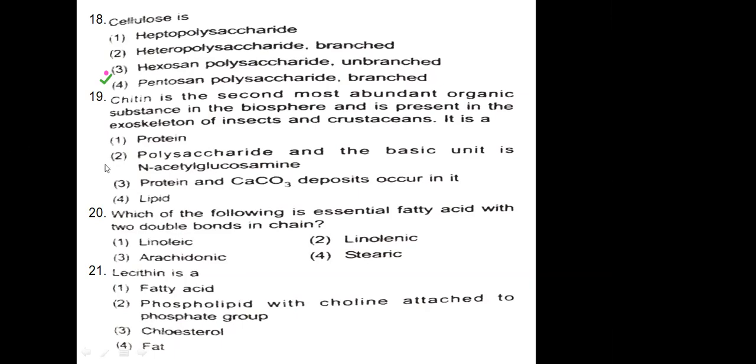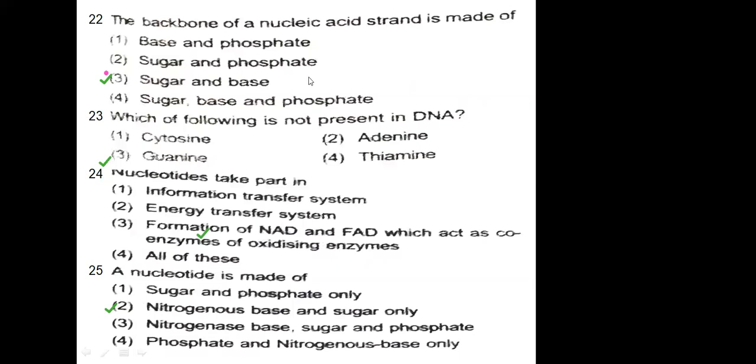So option B. Which of the following is an essential fatty acid with two double bonds in the chain? It is essential linoleic acid. Lecithin is a phospholipid with a choline attached to the phosphate head group. The backbone of a nucleic acid strand is made up of sugar, phosphate, as well as